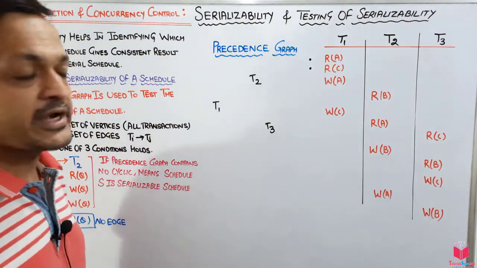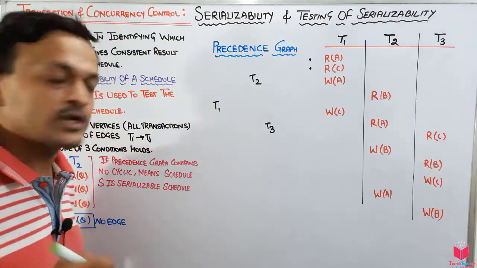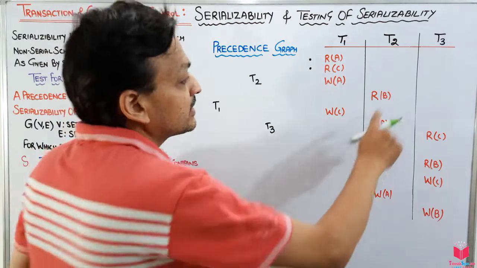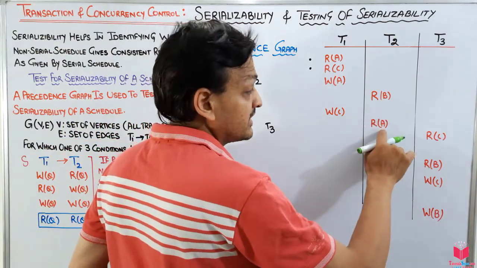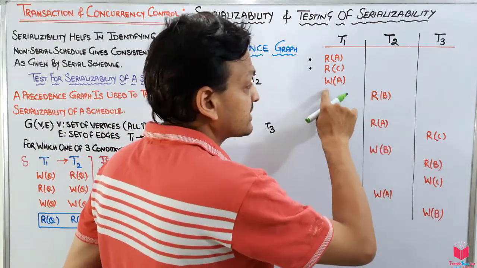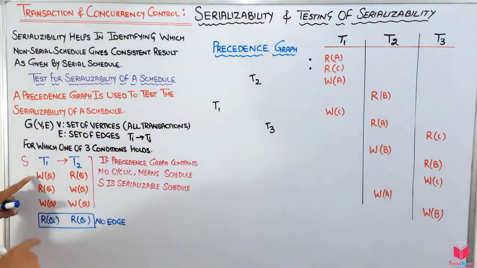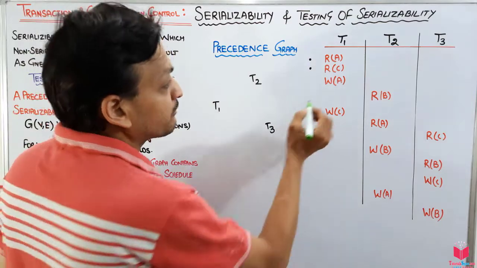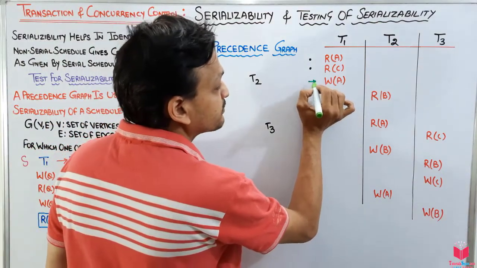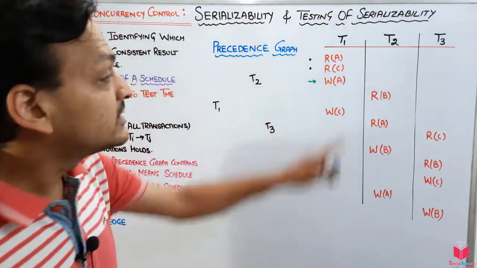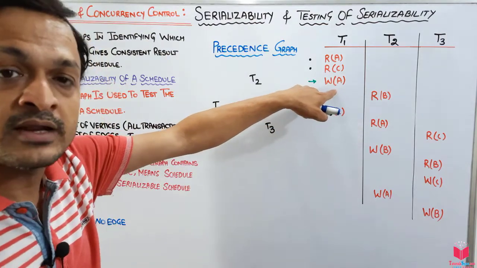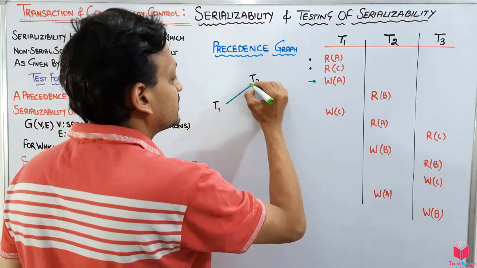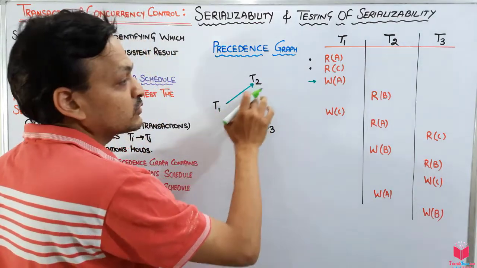It says there is a write operation on A variable. Okay guys, I will look for the A variable only. I move to B, do nothing, there is an A variable, yes, it is a read. If there is a write and a read operation, that means there will be an edge, so I put an edge here to indicate that this operation gives an edge in the precedence graph from T1 to T2. There is an edge from T1 to T2.